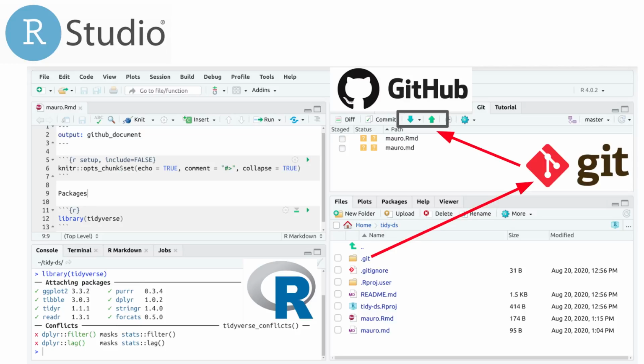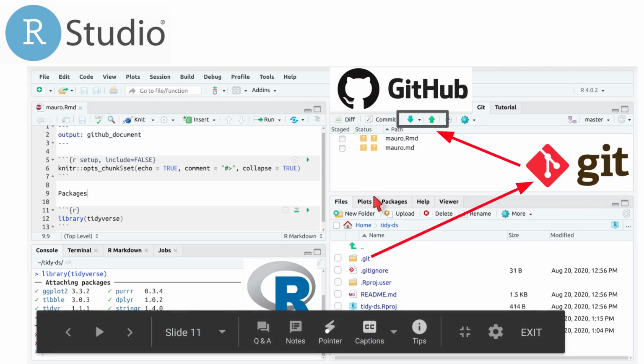And once again, what Git does is just keep track of snapshots of your project, so that you can go back in time and use a lot of other powerful tools. But once you have your project and the history of your project captured in that Git folder, you want to share it with the world, because your colleagues somewhere else might need your work to build on. And how do you send that to the cloud? Okay, you push with this green button, and you send that to GitHub, and then your colleagues from the other side of the world, like me, may pull those changes from GitHub into, again, that little folder, right? And you do that from the comfort of your RStudio interface.